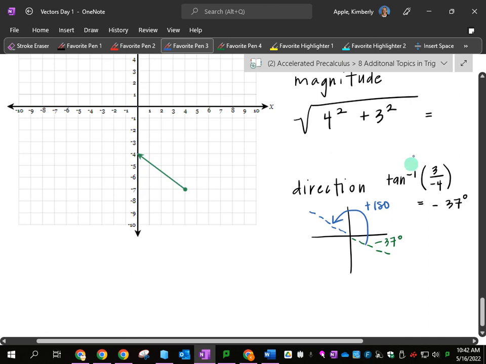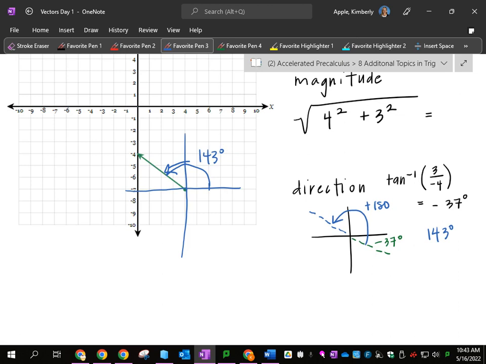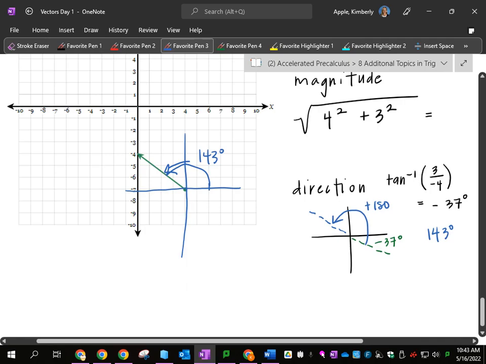Negative 37 plus 180, that should be 143 degrees, which if this was the horizontal here, if we moved it, which we would do, that would make sense, right? Because this is 90, so this whole thing is 143. So you'll have to call back up a little bit from the previous unit from the trig test. But it's just tangent inverse every time, so it's just going to be adding that 180 to it, depending on what